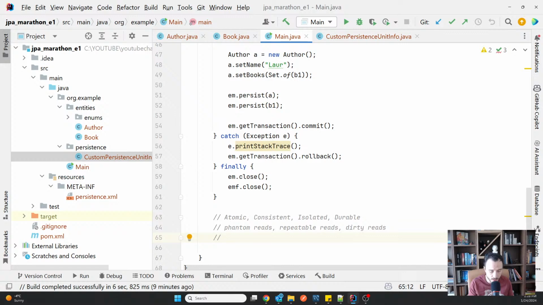Now you have the serializable, the repeatable read, the read committed, and the read uncommitted.